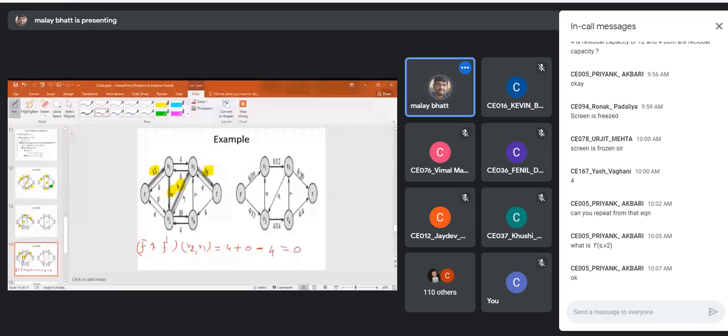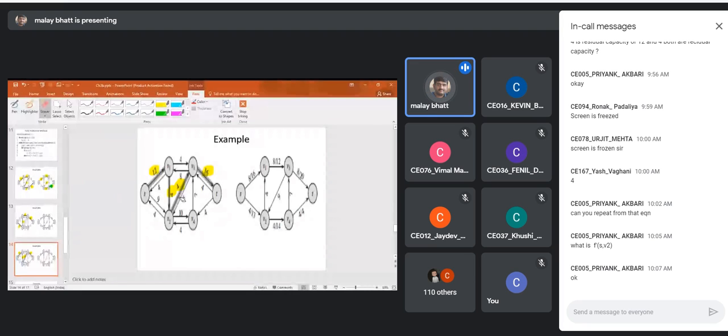So here, now what will we write? That the flow value from V2 to V1 will be 4 because we are utilizing this 4, so it will be in the reverse direction. Now from V2 to V3, 4 is already considered, so 0 and 9. Clear?